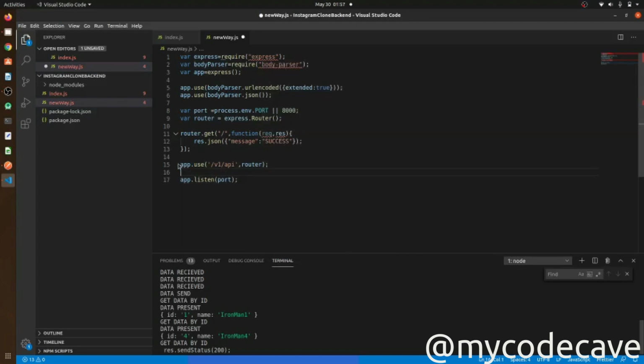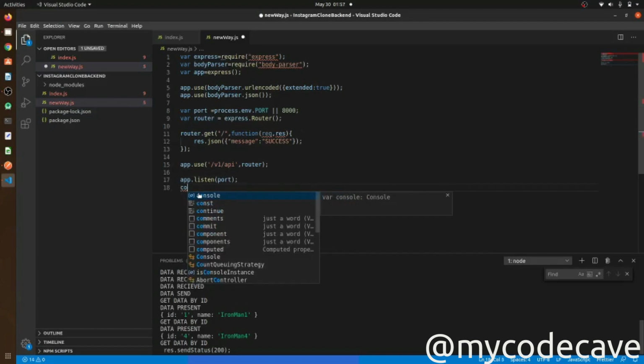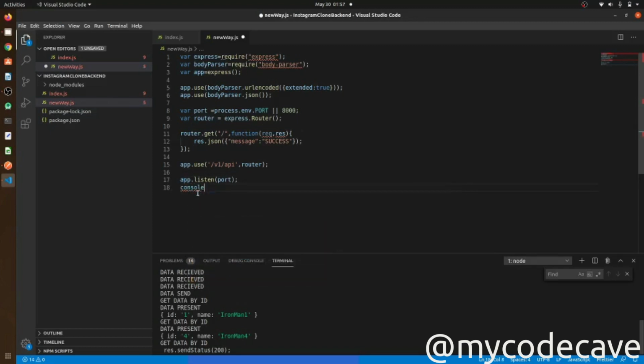And after that let me print something like console.log, success has been achieved.